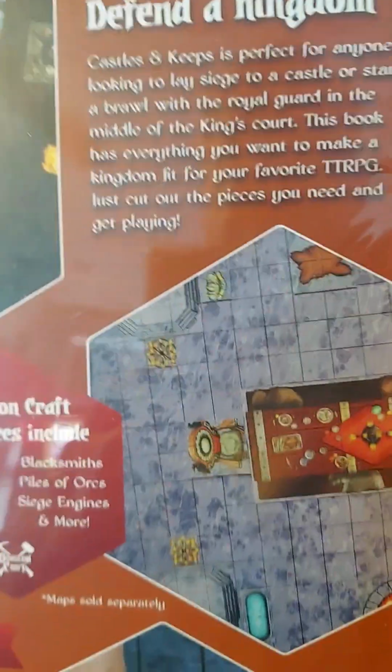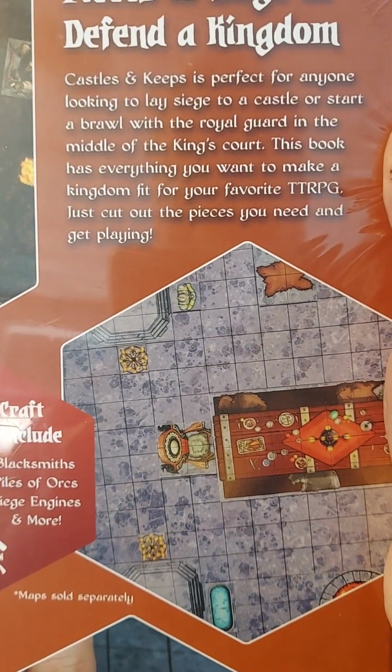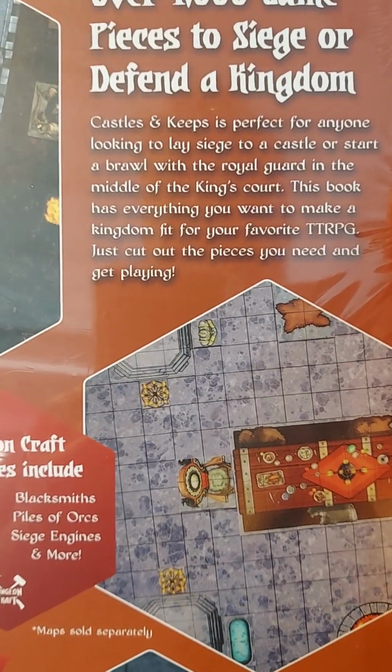It's a box, but yeah. They say book right there. Has everything you want to make a kingdom fit for your favorite tabletop role-playing game. Just cut out the pieces you need and get playing. And also,